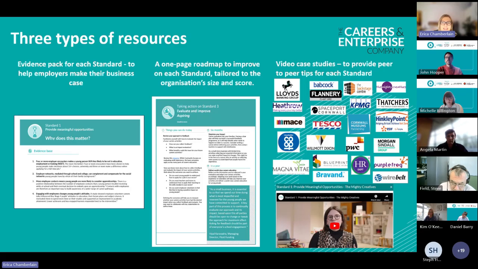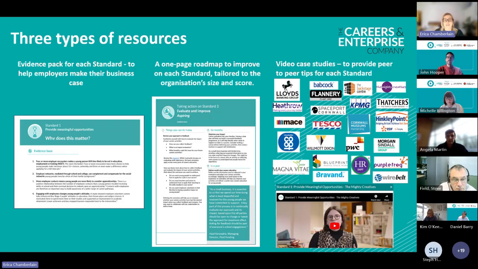And I think an important thing to say here is, as a business, all 9 of those standards are not going to be your top priority. So when you get your results, you can think, am I surprised by anything? For example, is developing essential skills for young people my top priority, and it's actually lower than I thought it would be? That's what I'm going to look at first. I'm going to look at the resources for that standard, and I'm going to see if I can have some quick wins to make improvements.